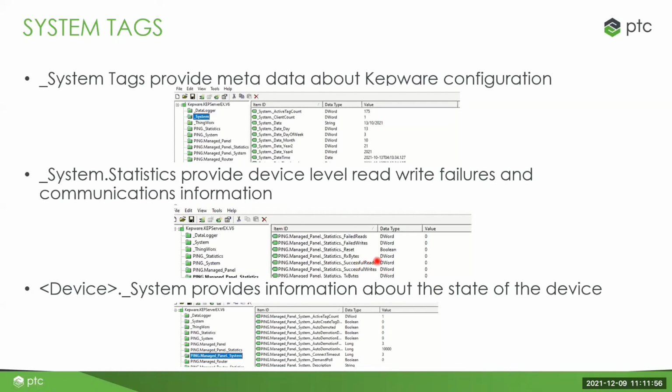But if there's something going on, you can actually see the number of successful reads, successful writes, and TX, RX, and things like that. So you can use it to monitor the health of the connection between Kepware and the asset using the _System groups, right? Either use this one or that one. They can achieve that objective,